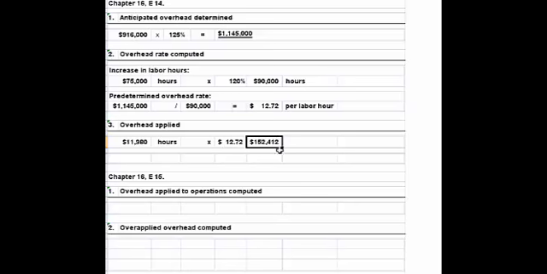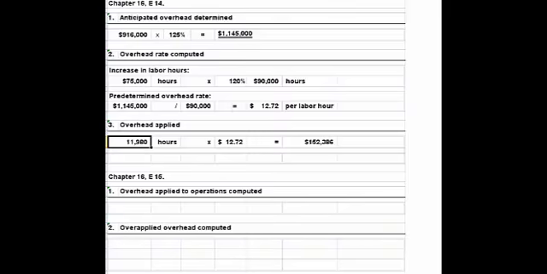And if we jotted that in, that would equal $572. So let me slide this over. It doesn't want to move because it's a merged cell. Let me just do it this way. Equal that times that, and turn this just into an equal sign. Okay? And that takes care of number 3, which would be, if we had 11,980 hours worked in the subsequent month, how much overhead would be applied? And that takes care of